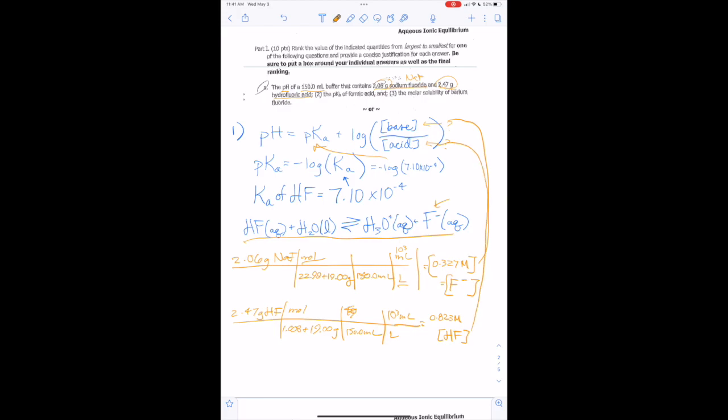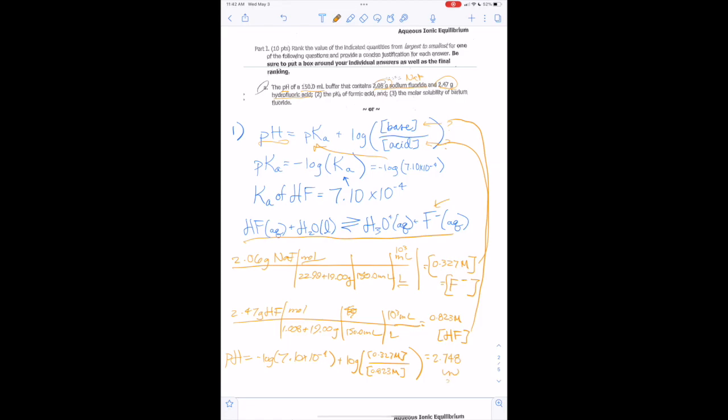I'm going to plug that in right there. So now I've got all the pieces I need to solve for pH. So I've got pH equals negative log of 7.10 times 10 to the negative 4th, plus log of 0.327 molar, because F minus is going to be my base, and then 0.823 molar of hydrofluoric acid, and that's going to give us